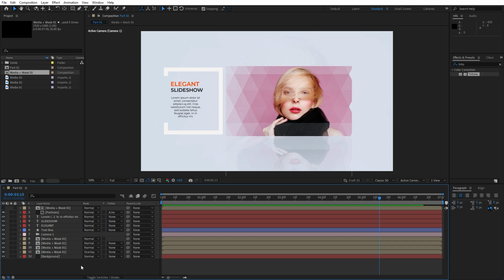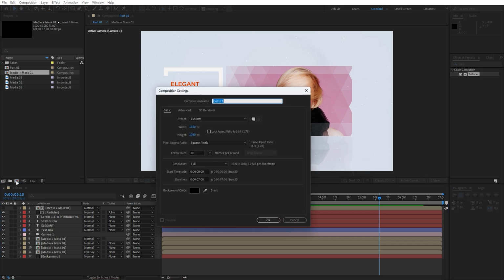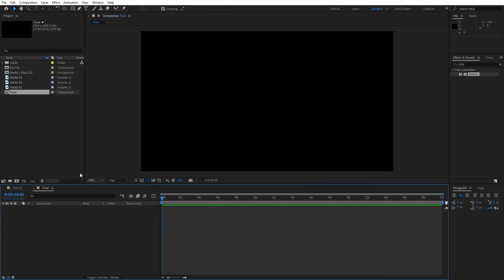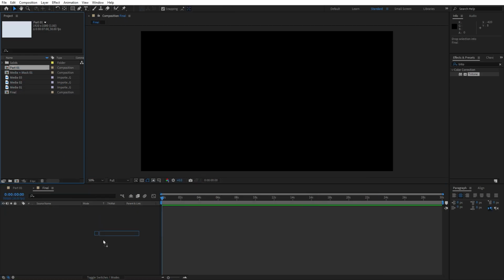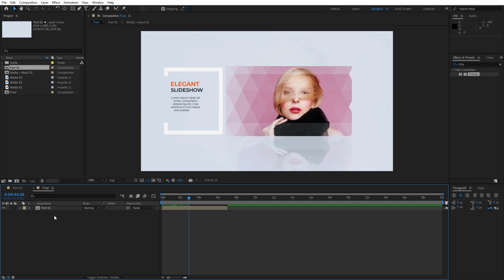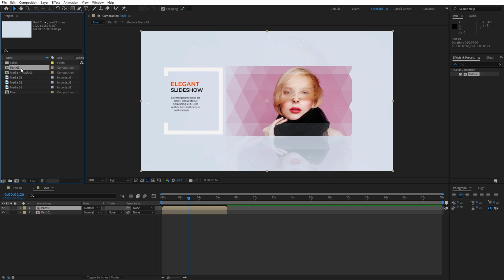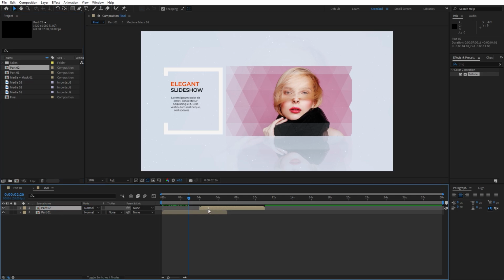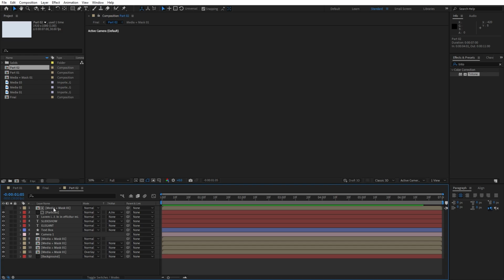Alright, for the next step, what you can do is to create another composition. This is gonna be the final composition, and for the duration you can go to around maybe 30 seconds or 40, whatever number you want, or animation duration, hit OK. And now let's import this part 01 composition inside the final composition. And you can duplicate this part 01 here in the timeline, and also duplicate here in the project window, hit Ctrl plus D, hold Alt on your keyboard and left mouse click to drag and drop here on the part 01, reposition it to around 4 seconds, okay, open up this part 02, and also grab those mask 01,